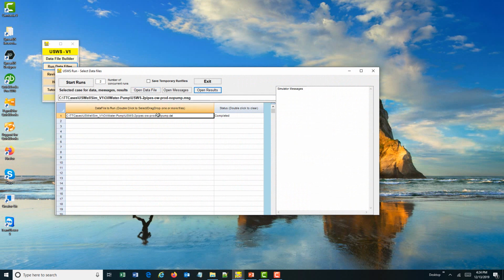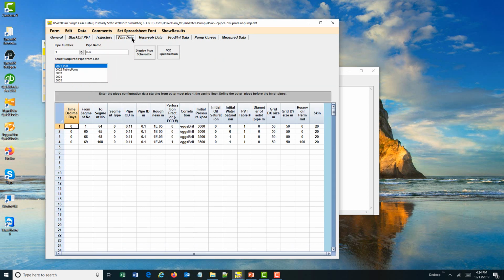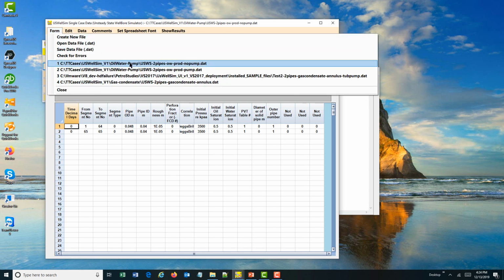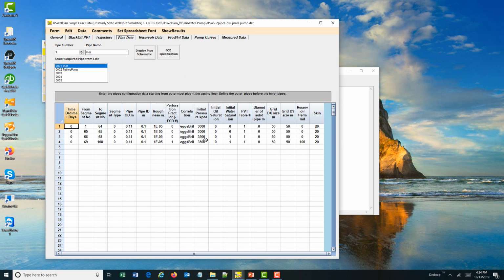open the data file, we want to put a pump in the tubing pump section. I have this data set already created. I'll quickly show it to you. It's quicker this way. In the pipe data,